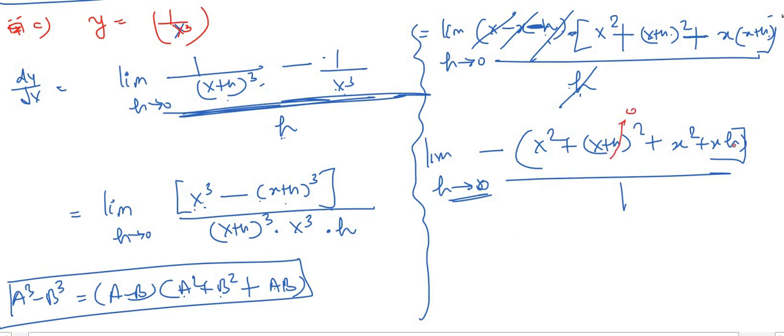This h will become 0 and this h will become 0. So what is the rest of it? Minus of x square plus this is x plus 0 square. Look here, x plus 0 square is x square plus this one x square. So what I am getting here is